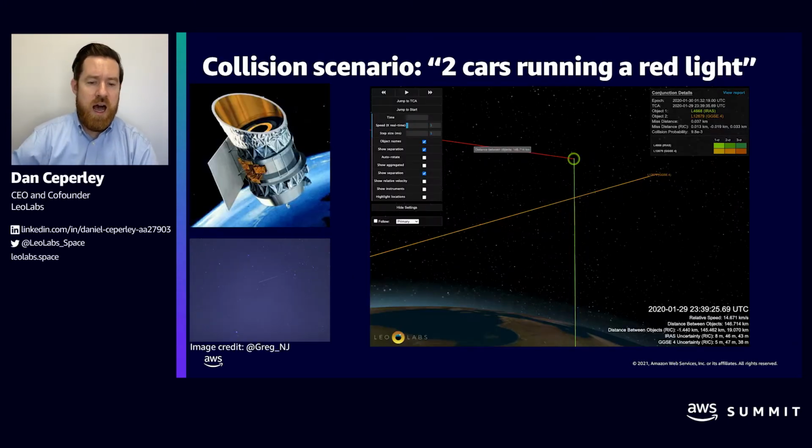So I want to zoom in now in particular and show you how the geometry of a conjunction shapes up. And in particular, I'm going to show you a conjunction that we were watching about a year ago in early 2020. These are two defunct satellites, a telescope that was launched in the early 1980s, and an experimental satellite that was launched back in the 60s that had been orbiting up there for a long time.